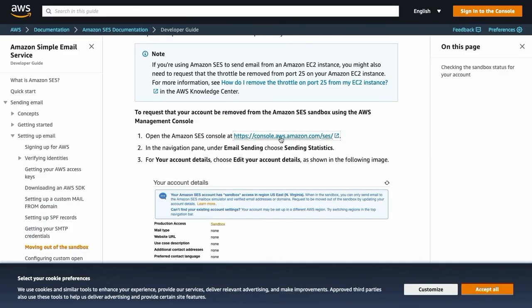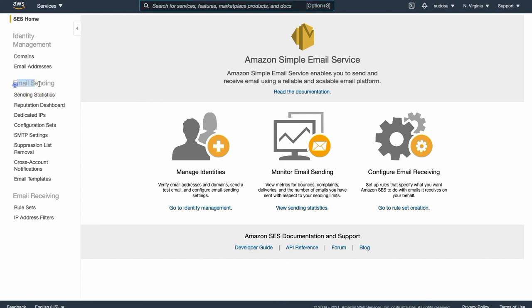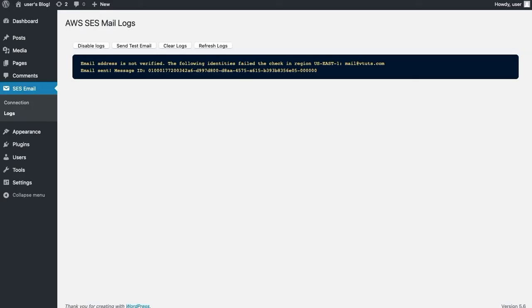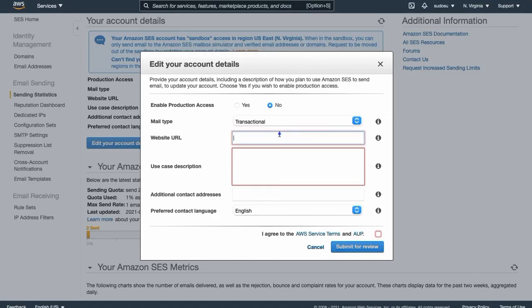So you just need to move it out of Sandbox. To do this, you need to contact AWS. So just go to console.aws.amazon.com to the SES service. Okay, and then in here under email sending and sending statistics on the left hand side, you'll see that we are in Sandbox. So we just need to edit our details, paste in our domain name, which we'll grab from our website. Then you'll put whatever text you want to send to AWS support about what you're going to be using the email service for,